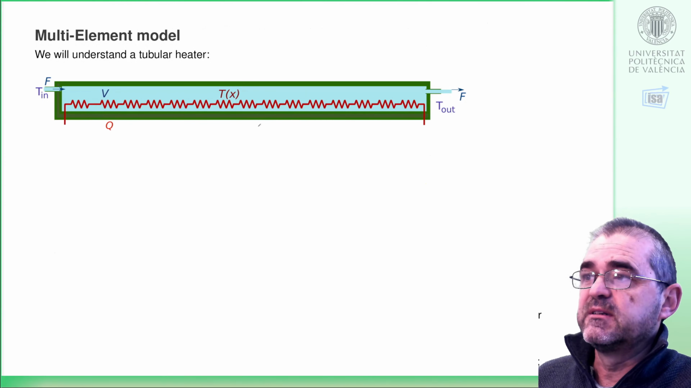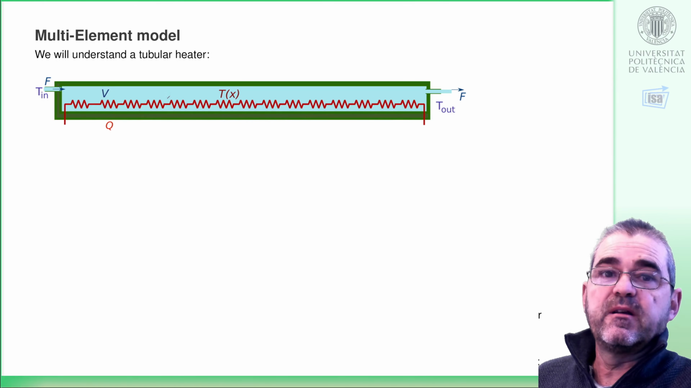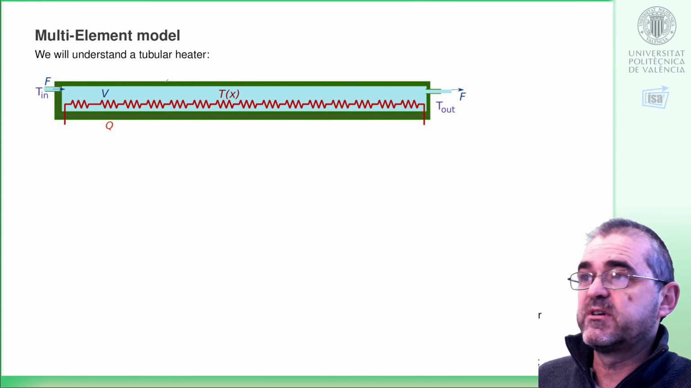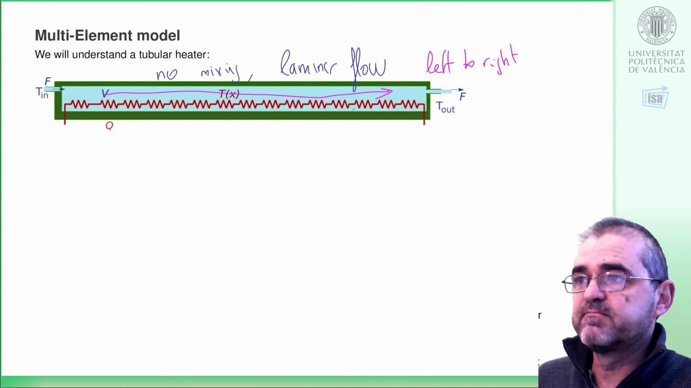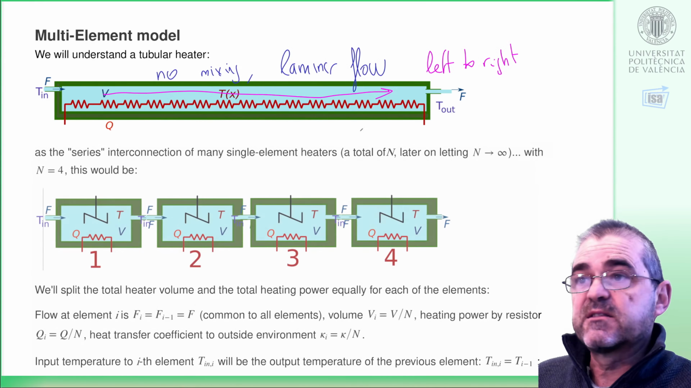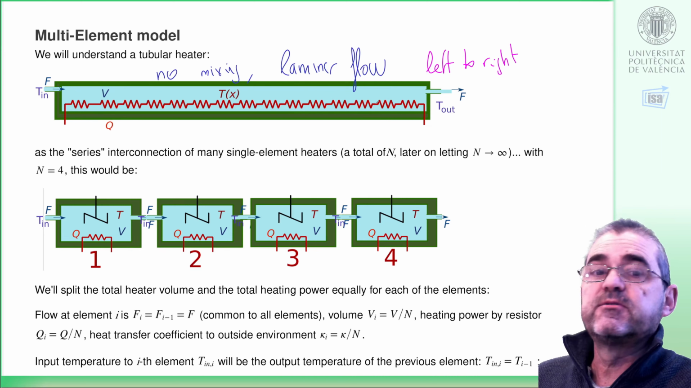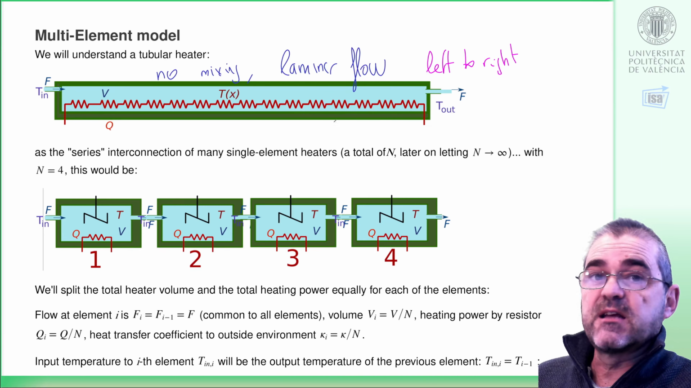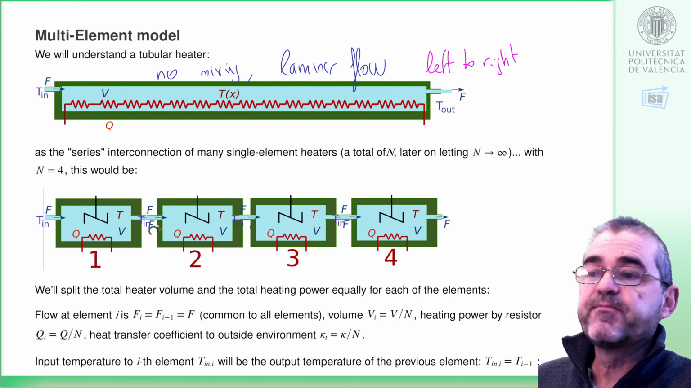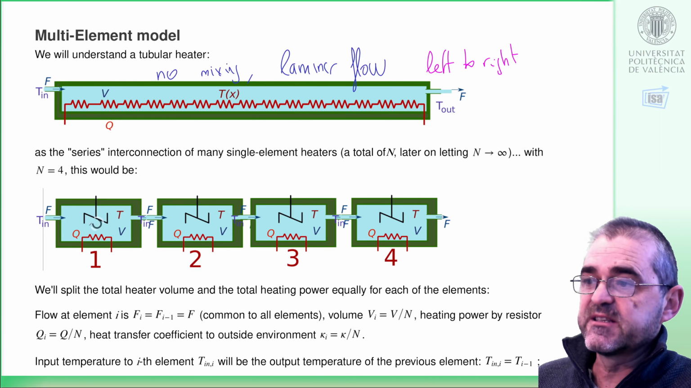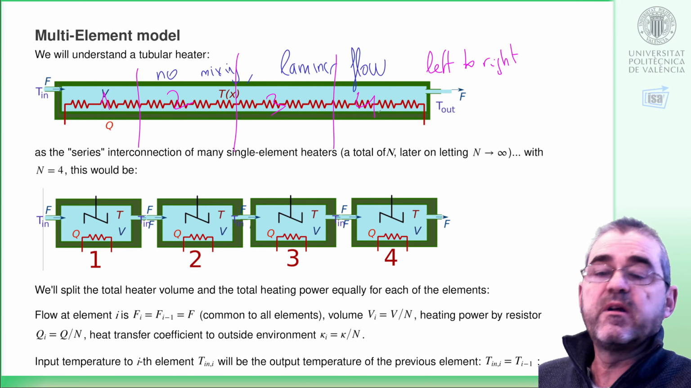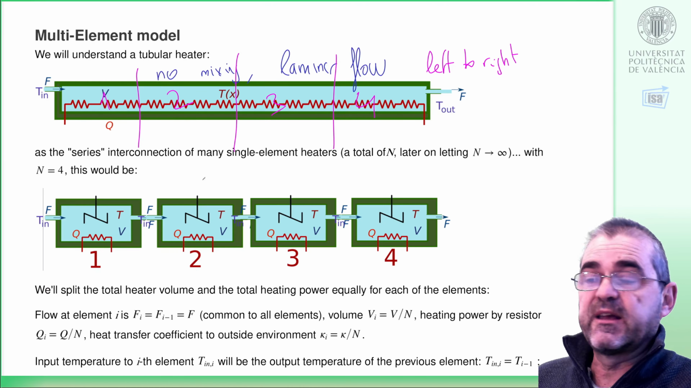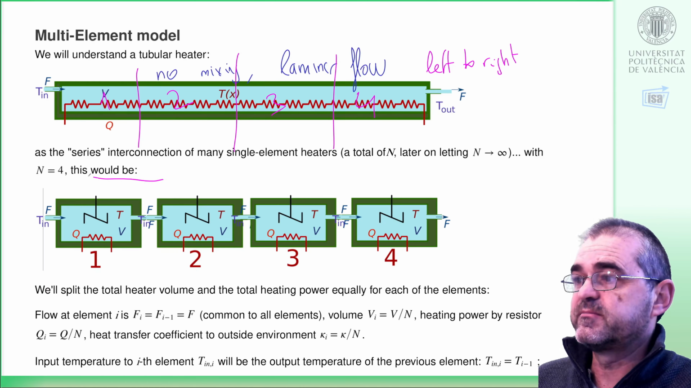How can we model a long heater in which we will actually assume that we have no mixing? So we have a laminar flow from left to right. Well, we can understand such a long tubular heater as, say, the series interconnection of several of the previous elements we modeled. For instance, if we split this in 4 pieces, we can approximate the model of the above by